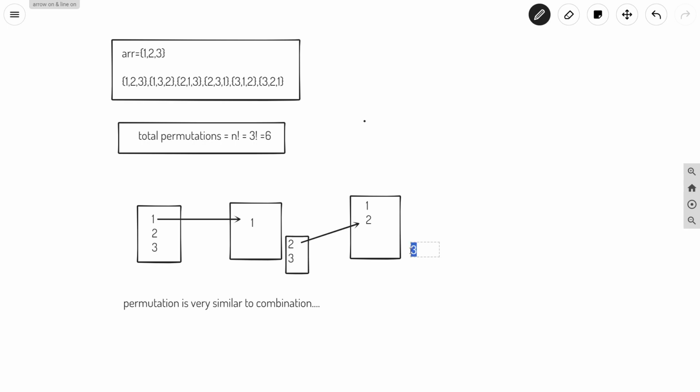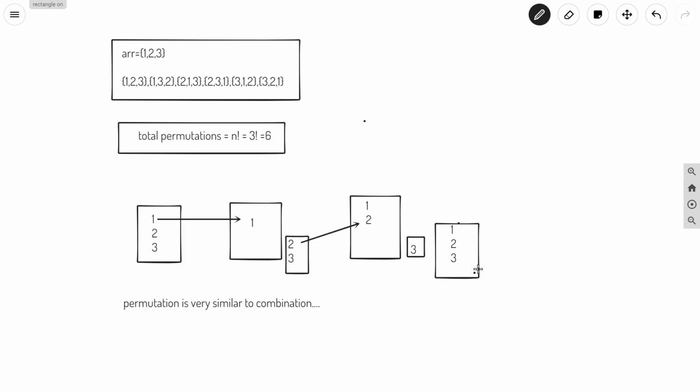So I will write 3 here, and the vector will be 1 2 3. So we will have 1, 2 and 3 with us, and this is going to be one of the permutations. We can see that we got all n numbers, and we will add this vector to our resultant vector.